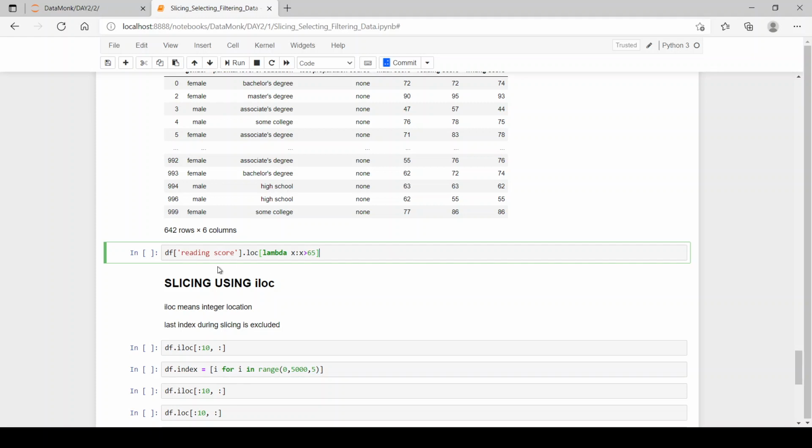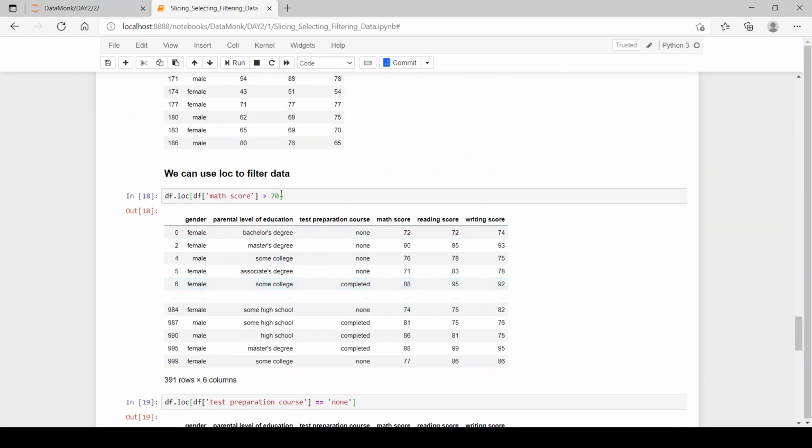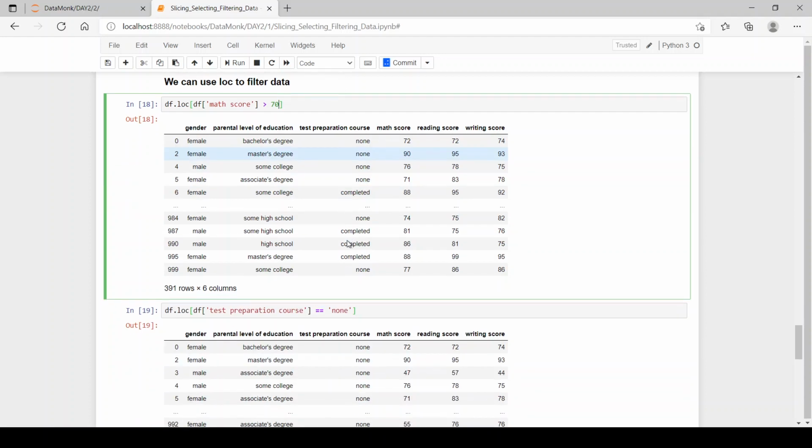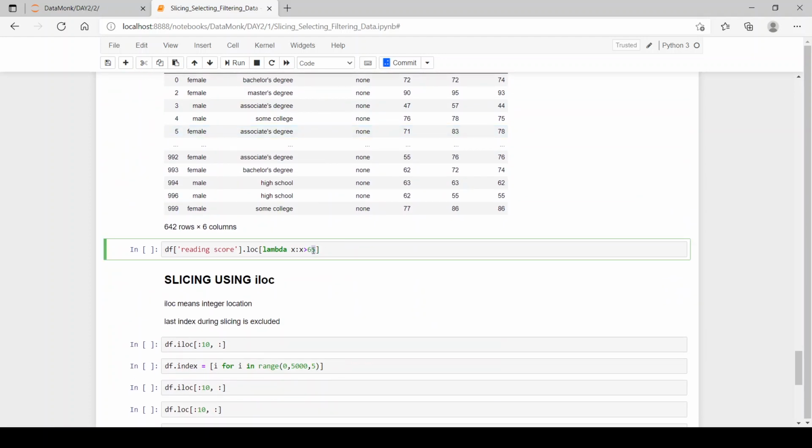Now, from a column we can use a lambda function to do the same thing, that if the reading score is greater than 65, then print only those rows. So this function, df['reading score'], will access the reading score column from the data frame, and then .loc with this lambda function will specify that x in this reading score should be greater than 65.